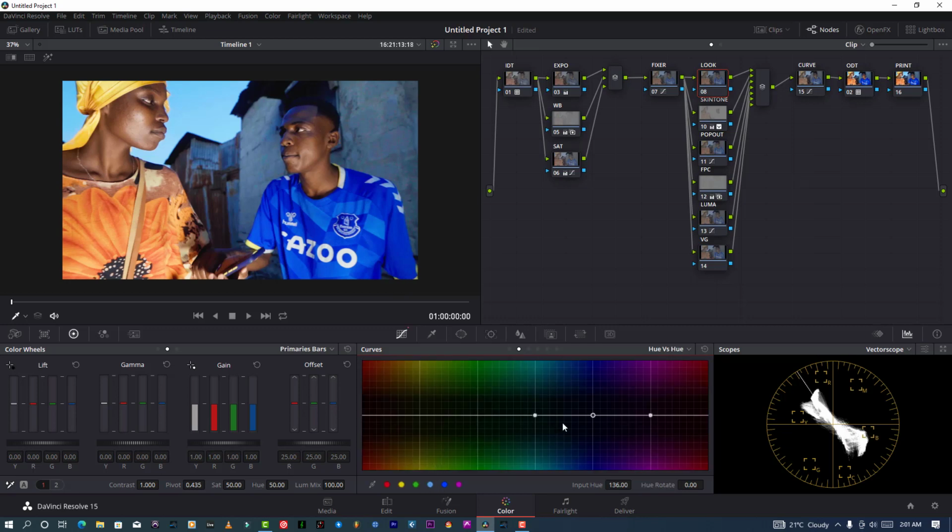Okay, to my hue, I'm just changing my blue to my teal, so to have that nice orange and teal. Okay, I think it's good right there, but I just want my blush back. You see, I just lost my blush, so I'm going here and click the blue and bring it down to bring back that blush. But you see the sky is still, but the blue is right there. Yeah, man. And also to my pop outs,